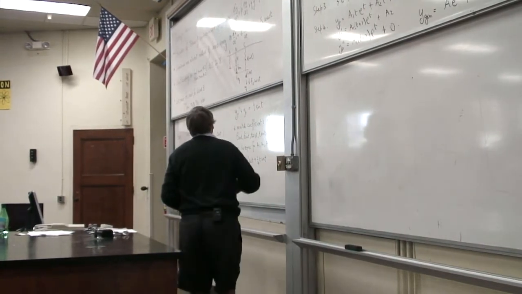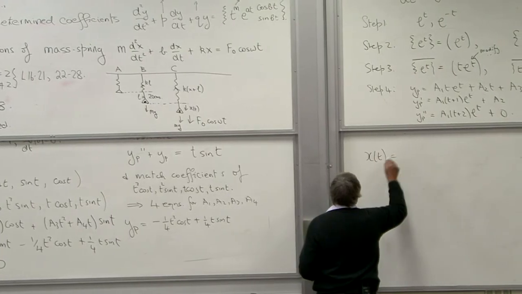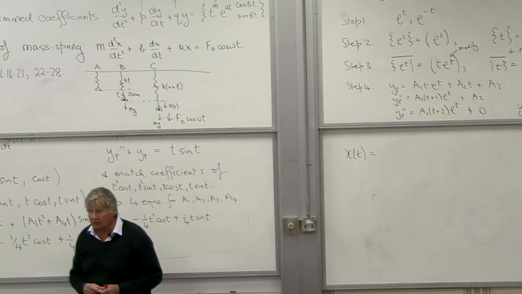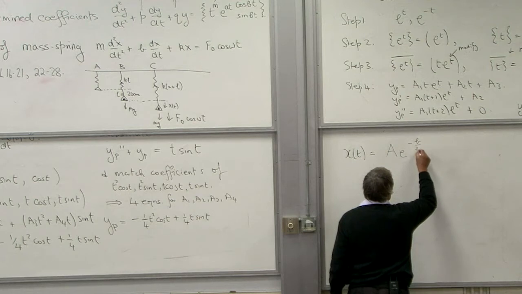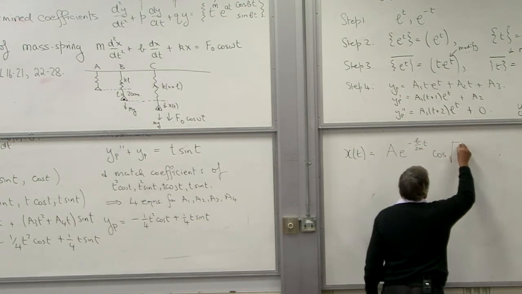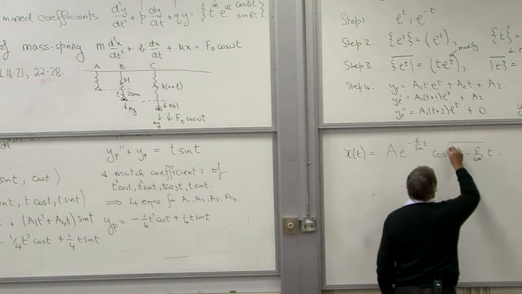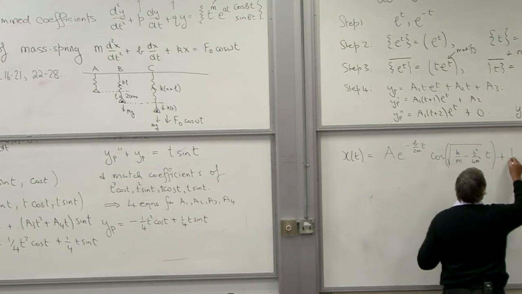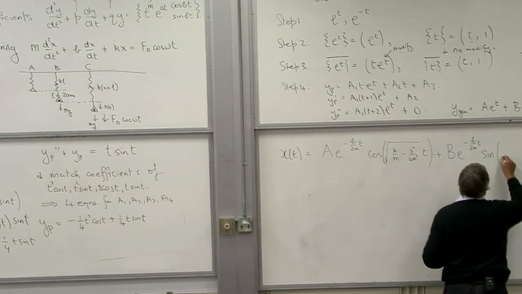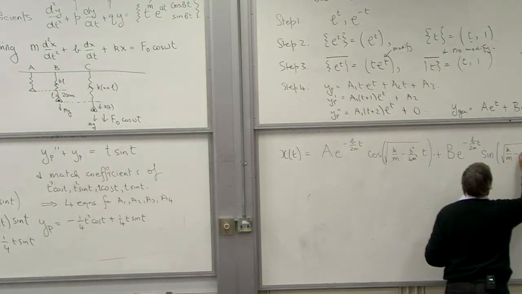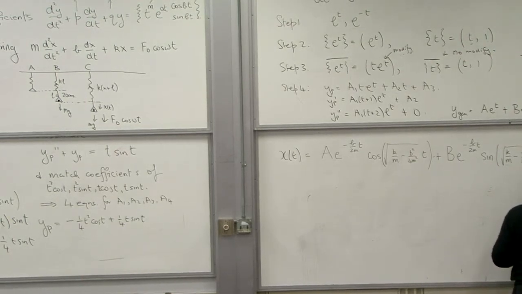So, the general solution of this equation, x, is the solution of the homogeneous equation, which has the form a e to the minus b over 2m t cosine of the square root of k over m minus b squared over 4m squared, times t, plus b e to the minus b over 2m t sine of this same expression, k over m minus b squared over 4m squared, times t, plus F0 over omega,